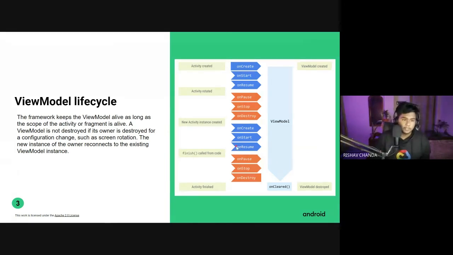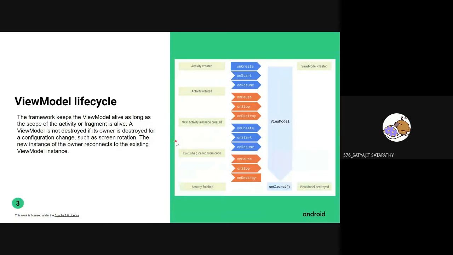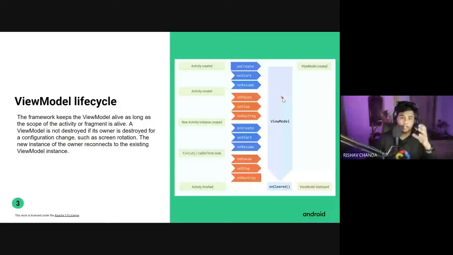So anyone having any doubt in the view model, you can ask. How it works: if I'm in portrait mode and we convert to landscape mode, the XML file will change, everything will change, and how does it manage to keep the same data? Yeah, because view model is a separate class and it does not depend on the activity.